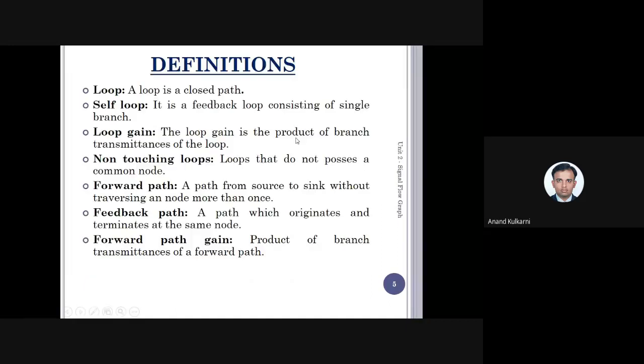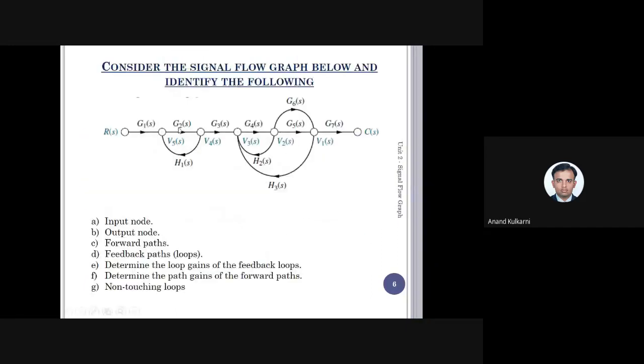Then what is a loop? A loop is a closed path. Now just observe here. This is one path starting from 1. So that is the reason why, remember everybody, whenever you draw this, always put the numbers for nodes. Node number 1, 2, 3, 4, 5, 6 and 7. Whenever you are solving, I'll tell you once again later. Now, see here, path is nothing but movement from one point to another.